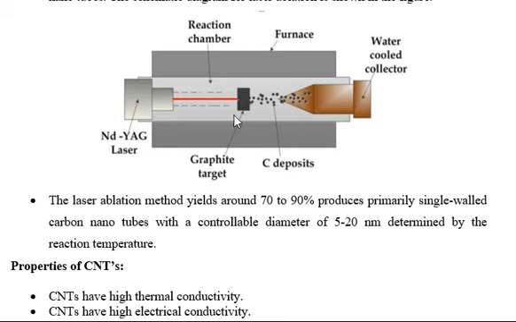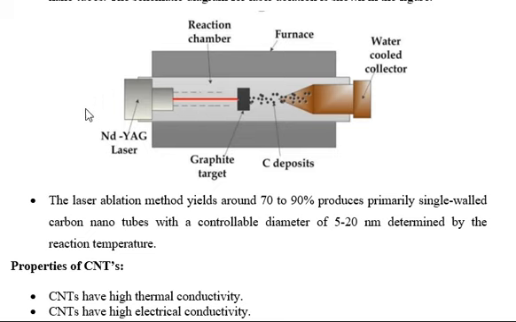Okay, so graphite, you know, is an allotrope of carbon, and in this the atoms are very strongly bonded with covalent bonds. So in order to break the covalent bonds, we are going to use a powerful laser system. So we have used the powerful laser system, the NdYAG laser. Since it is a 4-level laser system, it will produce a laser beam with much more power compared to 3-level or 2-level laser systems. This one we know very well from the laser lesson.